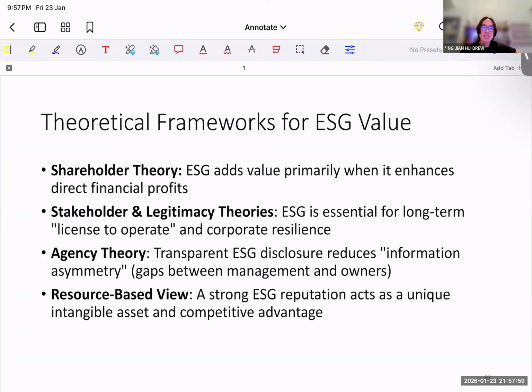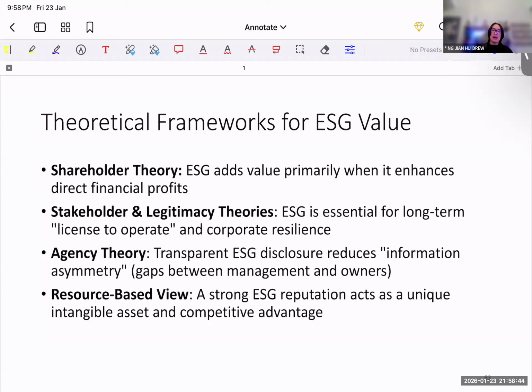Now, agency theory, very interesting. What it means is that whenever there's more disclosure, because now instead of just having an annual report, we have an ESG report, right? Whenever you have more disclosure, that basically reduces your information asymmetry. And this reduces the gap between your agents, which is your management, and the shareholders, which means it benefits everyone to have more disclosure of ESG, of finance, so that people can make, I would say, a more in-depth analysis and understanding of the company.